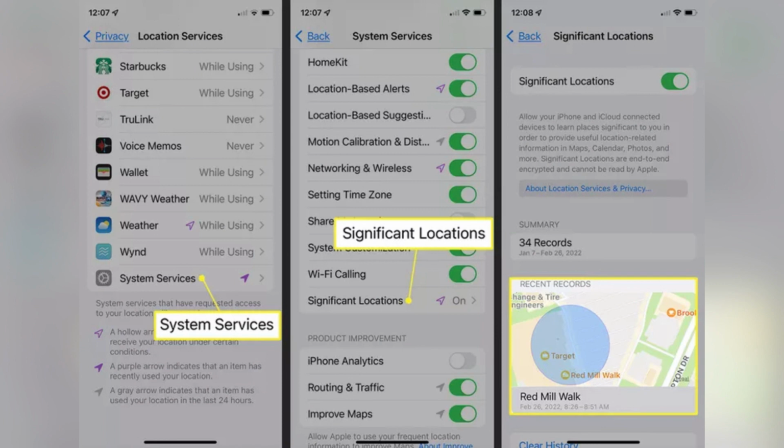Just know that Apple encrypts this data and states that it's only stored on your device, not shared with Apple or third parties. To clear significant locations, in Significant Location, scroll down and tap Clear History to delete all stored locations. And that's it,